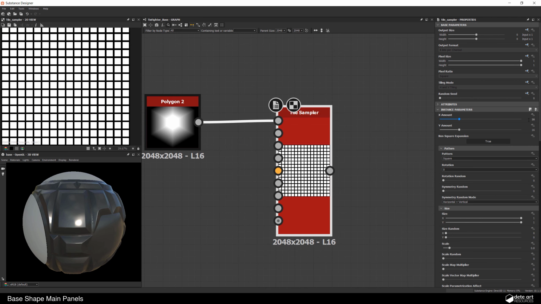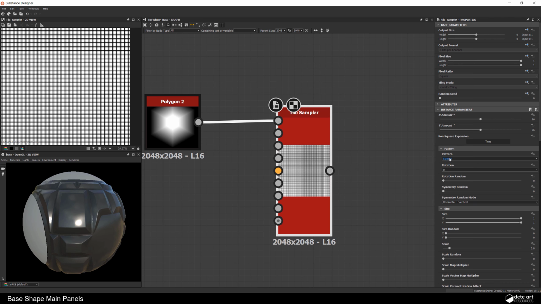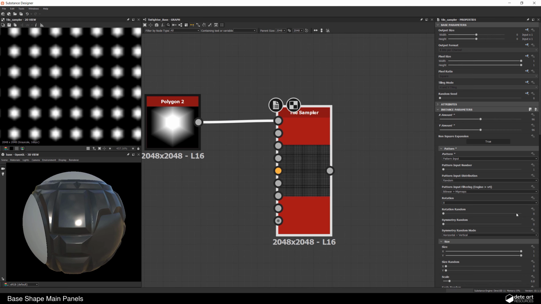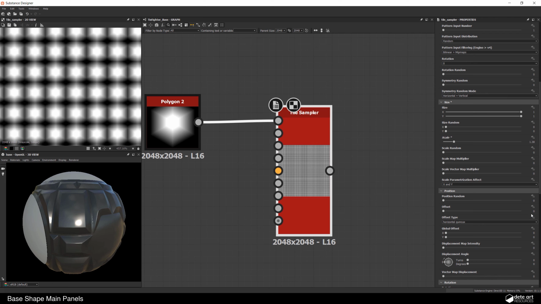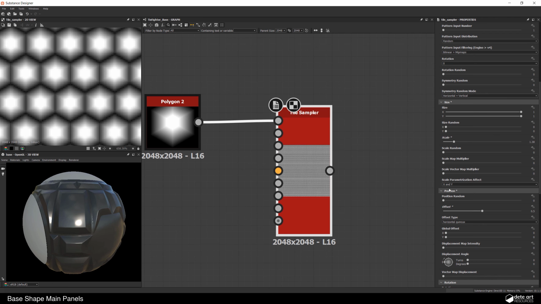And this one we just set to something pretty high, and we set it to our pattern input. I'm going to do an offset. So here we have a basic hexagon pattern